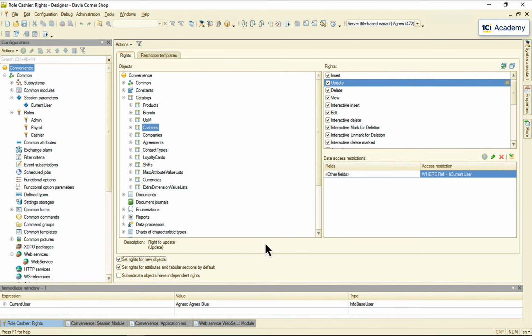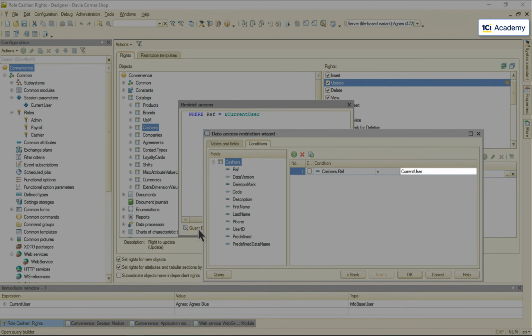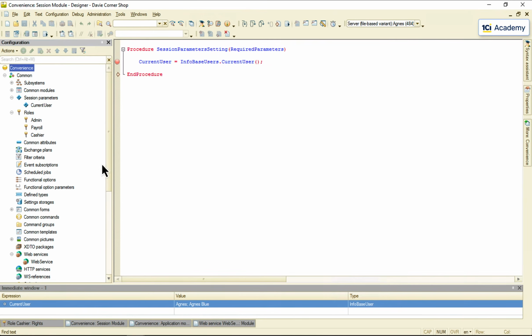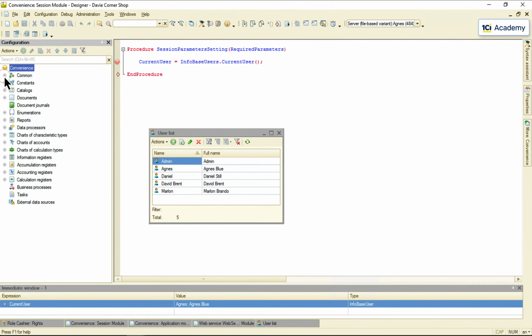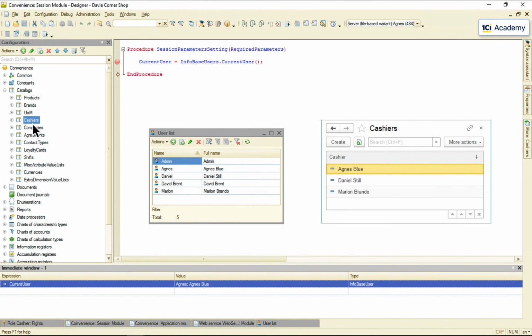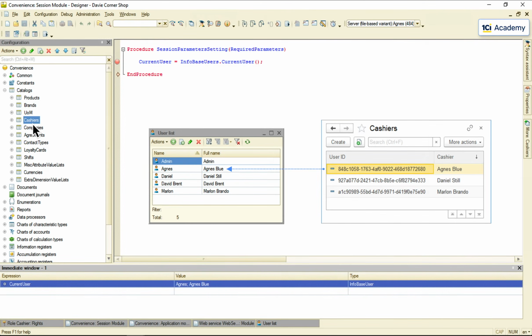But here's a catch. The value we need to pass to this query parameter has to have the cashier's catalog reference type for this comparison to work. But Agnes we have here has a very different type and lives up here in the platform user list, while Agnes we need for our RLS condition lives in the cashier's catalog. This is why we need to bind cashier catalog to the system users list, so when we get the current system user, we could find the catalog item belonging to it.